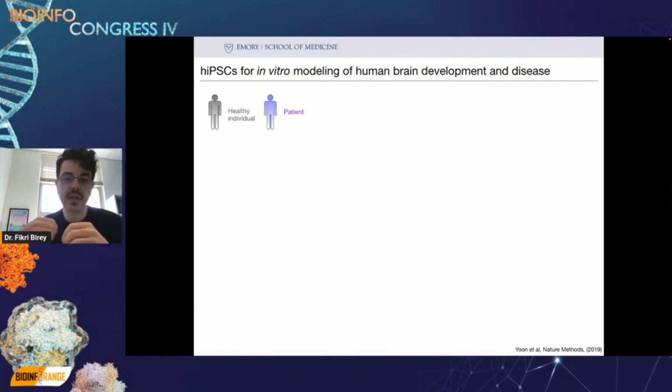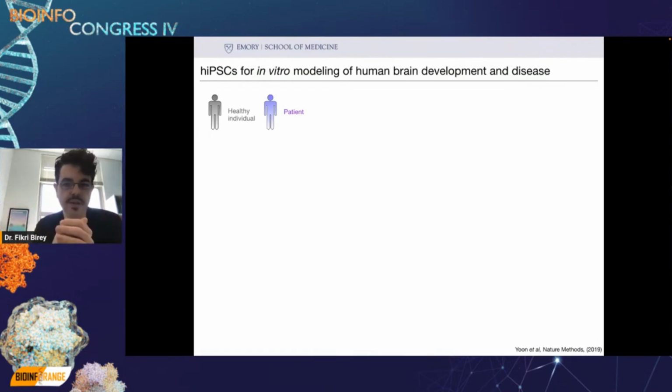But in this case, they're induced from post-mitotic somatic cells, things like skin cells or blood cells. And this technology was first described by Shinya Yamanaka and colleagues over a decade ago, won a Nobel Prize, I guess, in 2008 or so, if I'm remembering correctly, and really unlocked